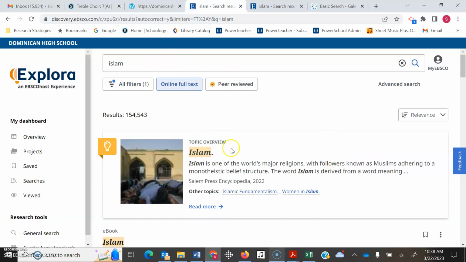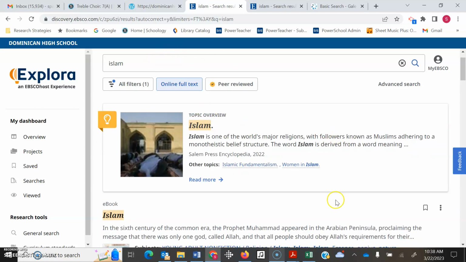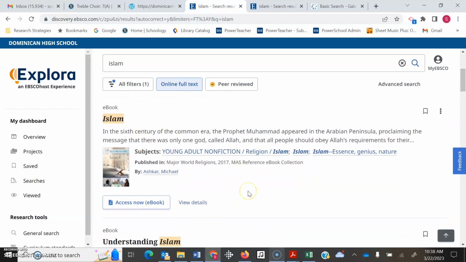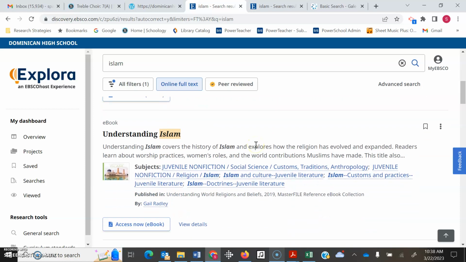So, for example, if I type in Islam, I'm going to get a nice topic overview from the Salem Press Encyclopedia, but you're also going to get access to ebooks like Major World Religions or Understanding World Religions and Beliefs. So, for example, if I access this ebook,